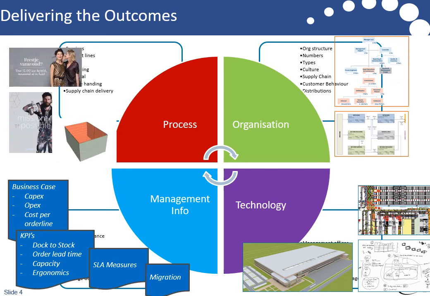And finally, how do we get things done? It's not just how do we get the orders in from the customers, but also where we're going to get the latest brands and the latest trends, so that we're on the case of when the young people or whoever it is are coming to buy stuff off us. Okay, so that's how we're delivering the outcomes.